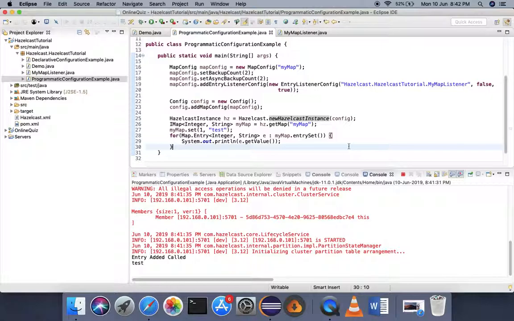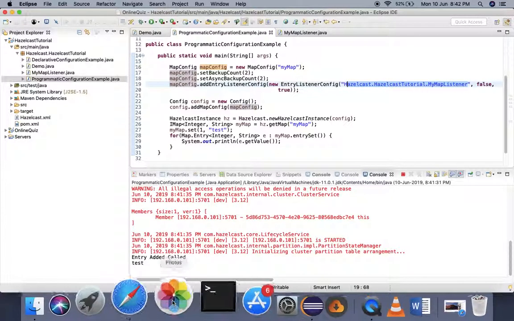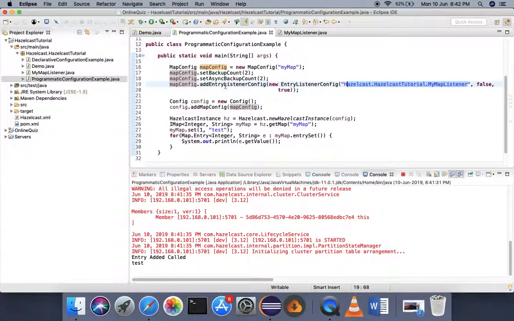With the help of this example, you can also verify that whatever configurations you are doing for your map are getting applied to your map, because we have created an entry listener and configured it to our map. That's why this value is getting printed. If I do not write this statement, this entry listener would not be called.